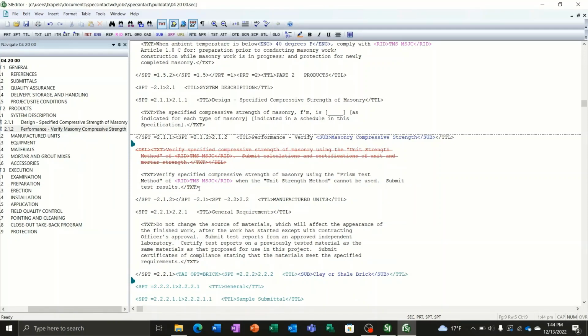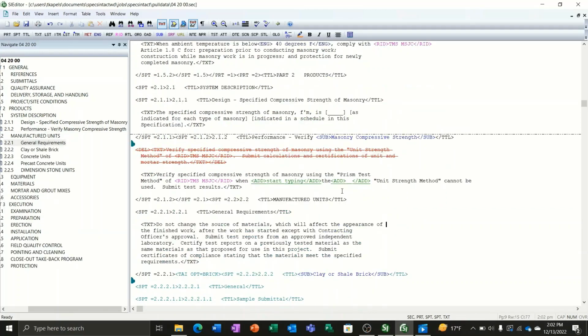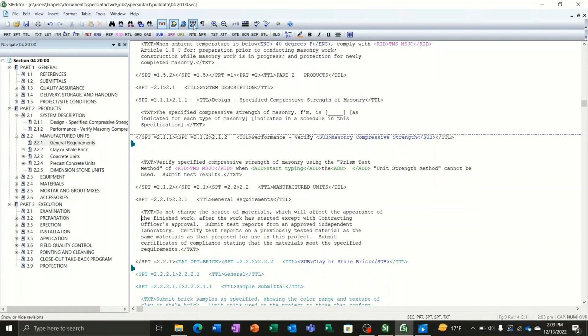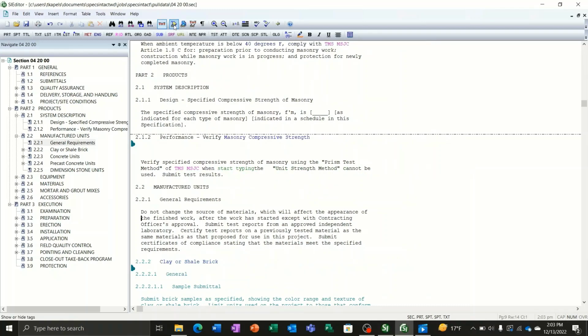The other thing we can do is, let's say within this text we want to add something. I'll put the cursor where it is, and I can just start typing. This text that I added in here automatically put in these tags for adds at the beginning and the end and made our text green to indicate that it was something that was added into the template. So if we go back up here and click the toggle, we can see anything that was deleted is no longer seen. And also if you click the tags, now you can see right here where I had